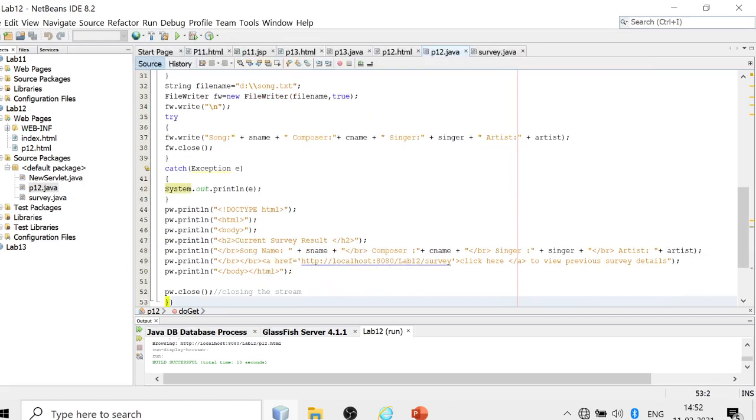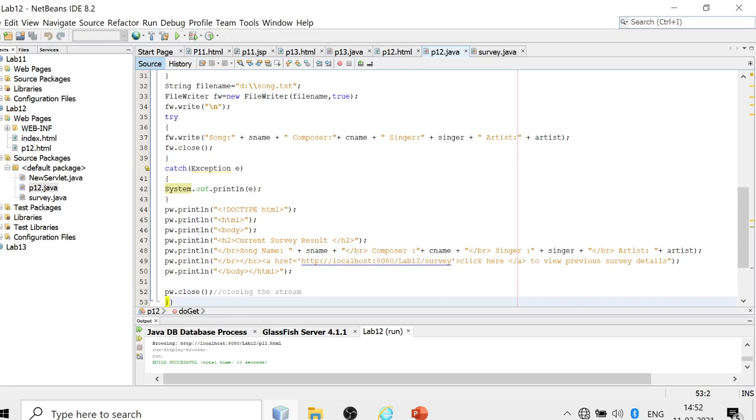Once that is done, we have to display the current survey results. It is the current details entered by the user onto the screen, for which we are writing HTML code by using JavaScript in the P12 servlet.